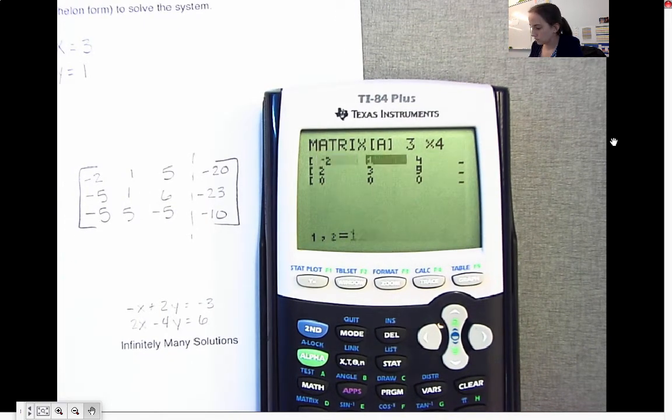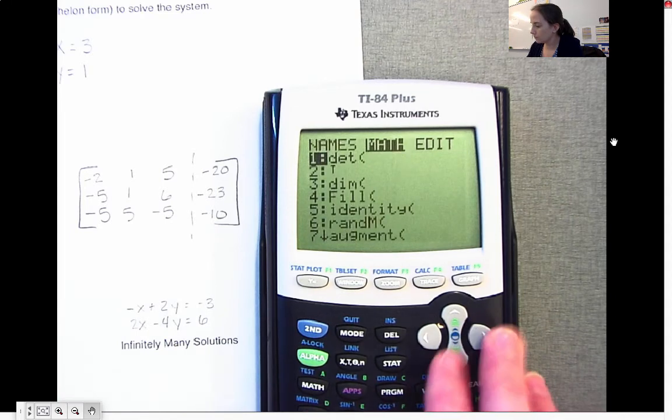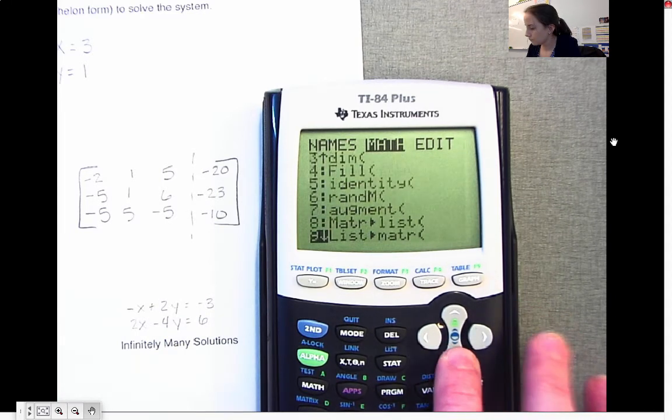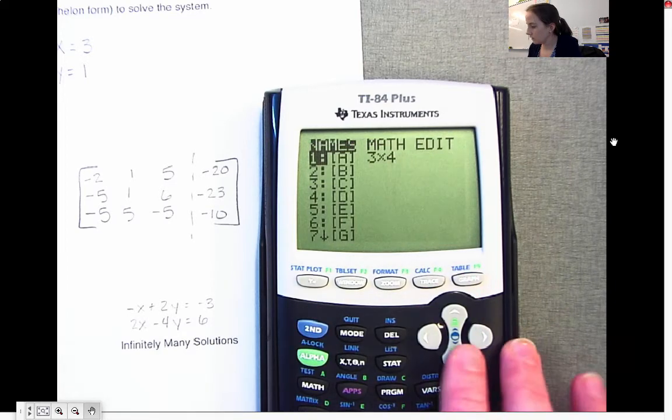Negative 2, 1, 5, negative 20, negative 5, 1, 6, negative 23, negative 5, 5, negative 5, negative 10, and quit. Now if I do reduced row echelon form for matrix A,